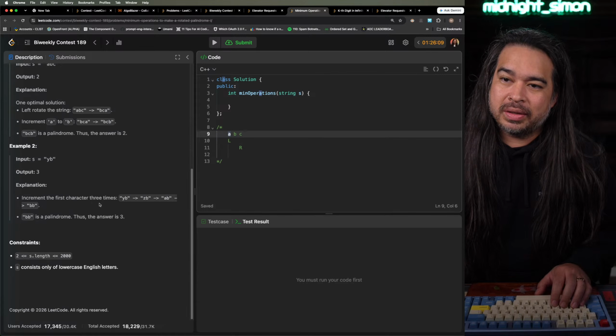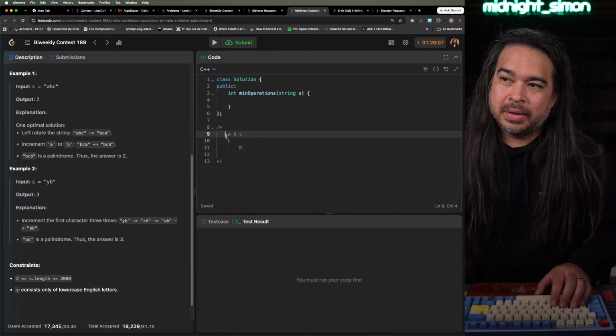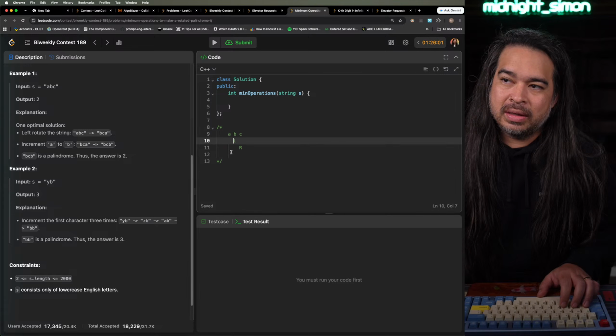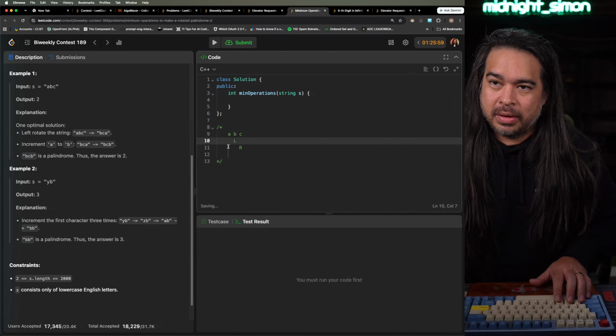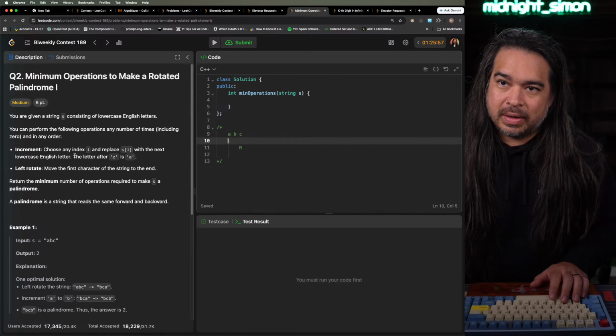Man, how do I simulate that though? So I can take the difference, and that's how many moves I'd need to change A to be equal to C. Or it says I can either increment that, or I can